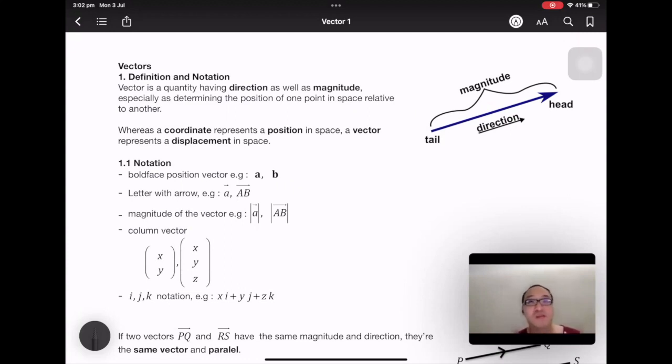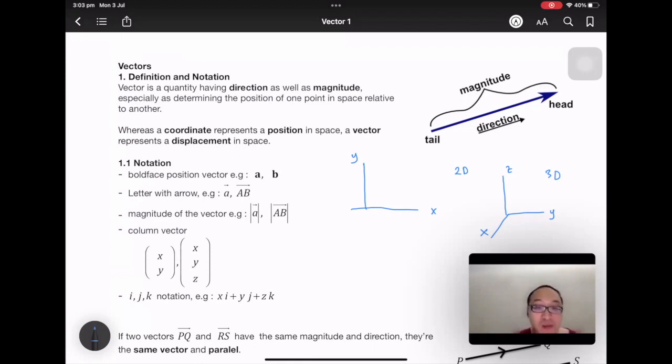So if we talk about direction, we talk about vector quantity. We can express a vector in the x and y Cartesian for 2-dimension vectors, and x, y, and z in 3-dimension problems. Before we start further, we have to know about the notation of the vector. If we have a position vector,